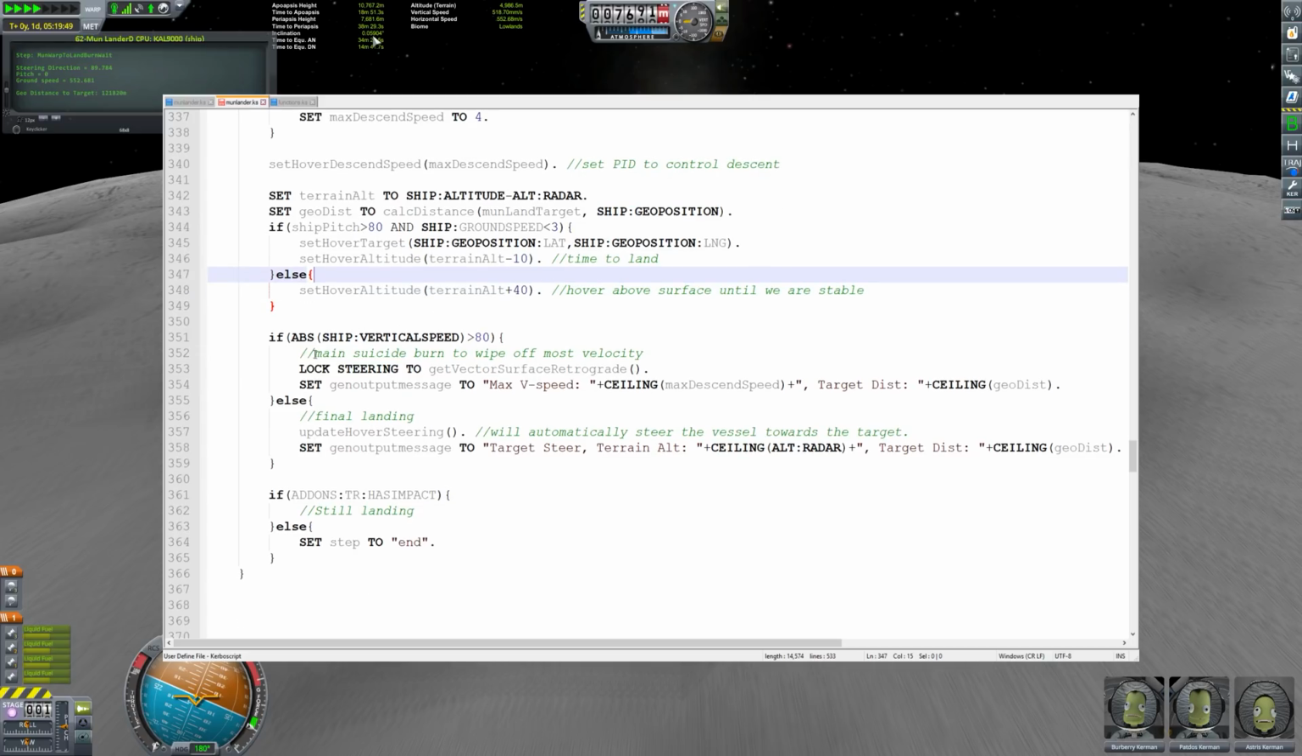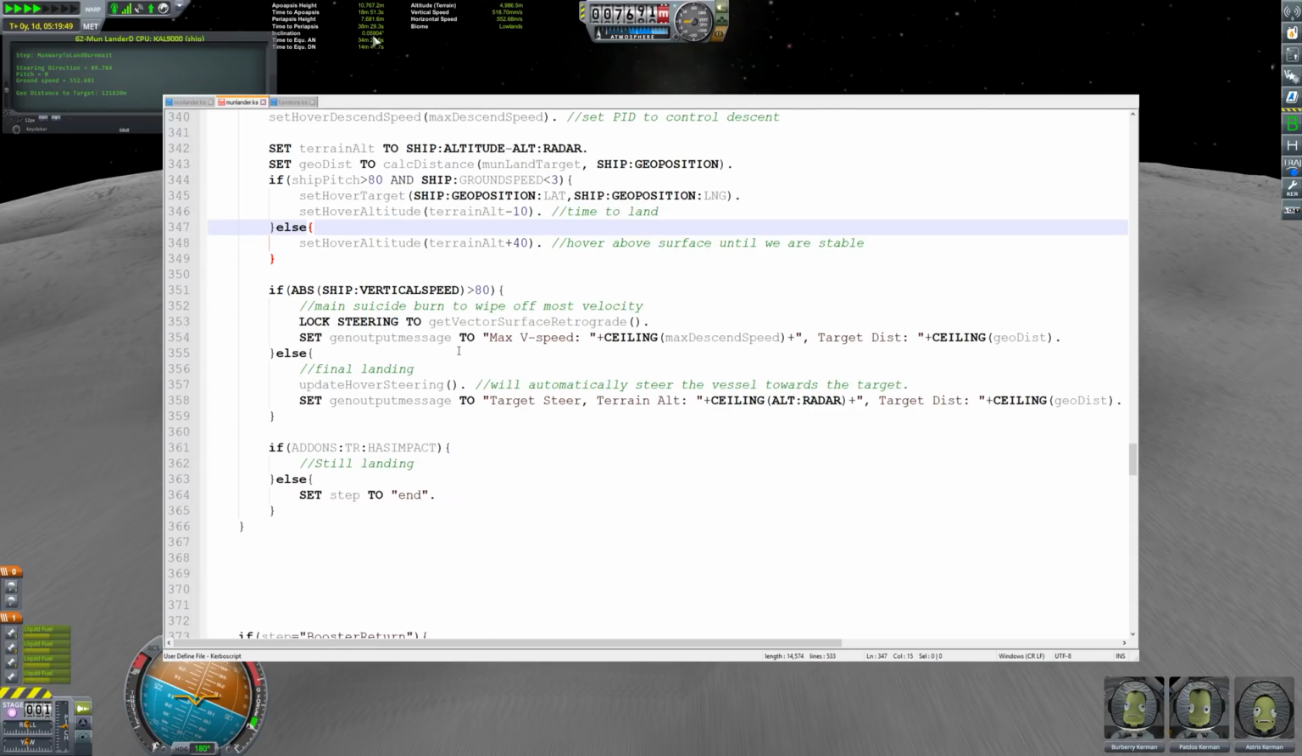Now, the only thing is we don't want our ship to start tilting towards the target until we're getting quite close and our vertical speed isn't too high. So if our vertical speed's above 80, what we want to do is lock the steering to just surface retrograde still. And if our vertical speed is less than 80, we then go into our final landing, which will start using our update hover steering function, which will lock the steering so the vessel is automatically steering towards